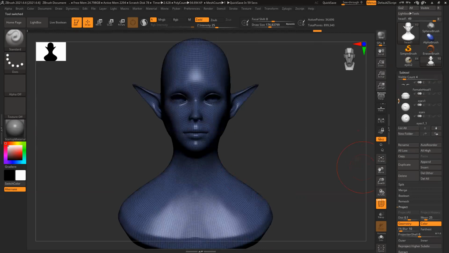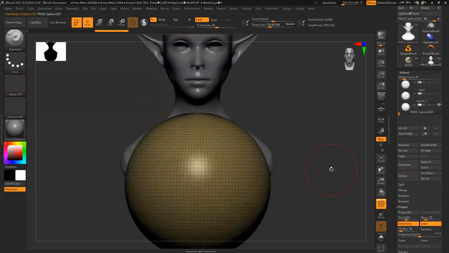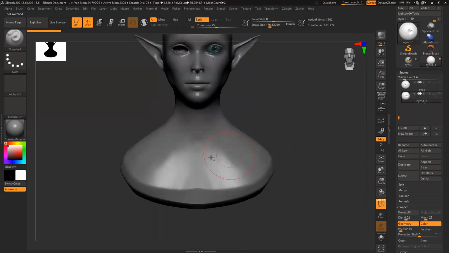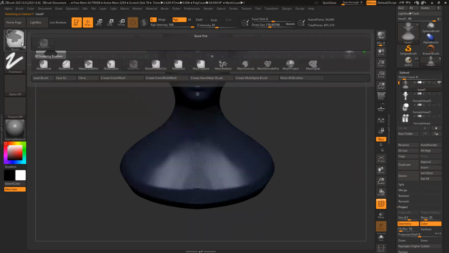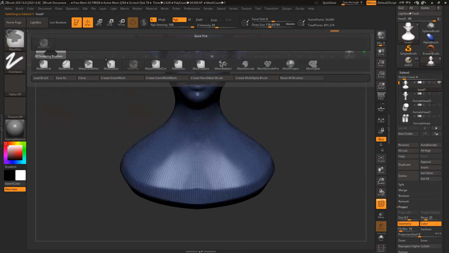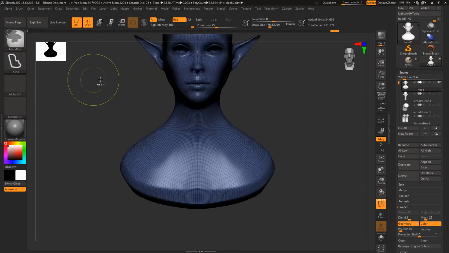Now for the cloth part, traditionally I either extract it from the base body, or I import a sphere, box, or anything. As I have remeshed the model, I can simply work on this. I'll use the lasso and create the basic shape.